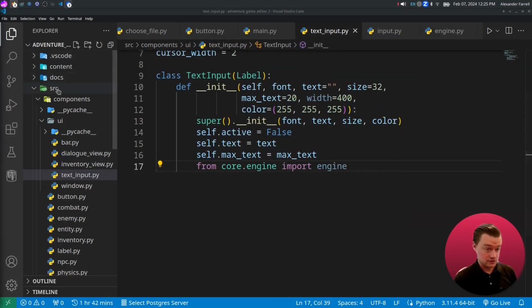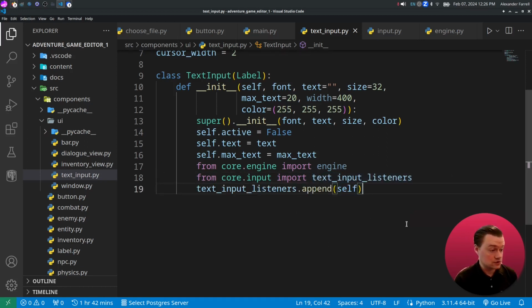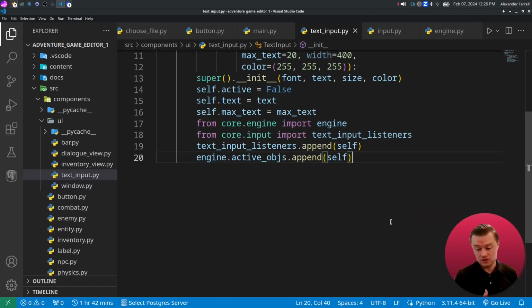So again, that is in source, components, UI, and text input. We're also going to import the text input listeners. We're going to add ourselves as a text input listener. Similarly, we're going to add ourselves to the active objects, and that'll say that we have both an update function and